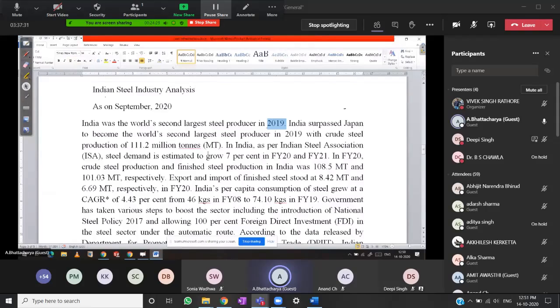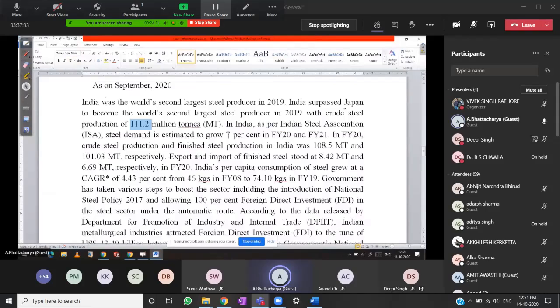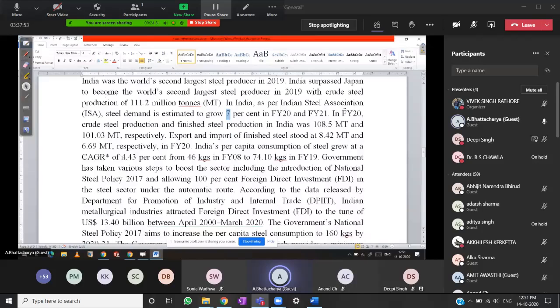Steel demand is growing at 6%, and per capita steel consumption was quite low, almost one of the lowest. Now it has enhanced up to 74.10 kg. Now this happens only if development work takes place. If roads are made, then only this goes up. Now this goes up means the economy of the country is